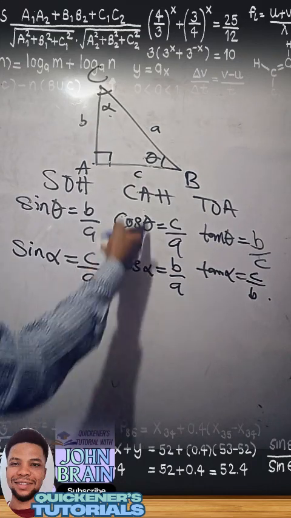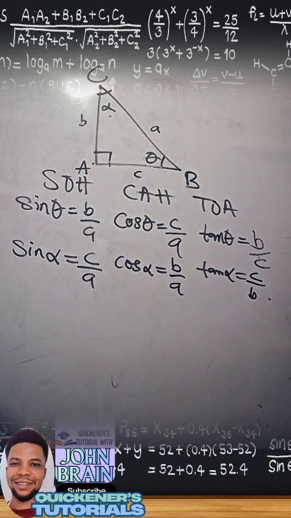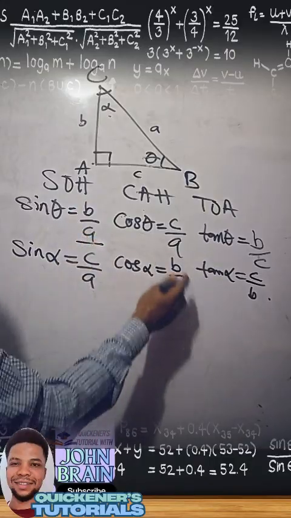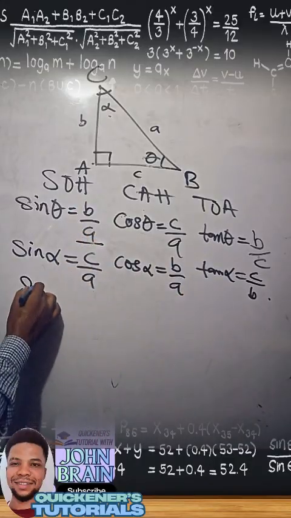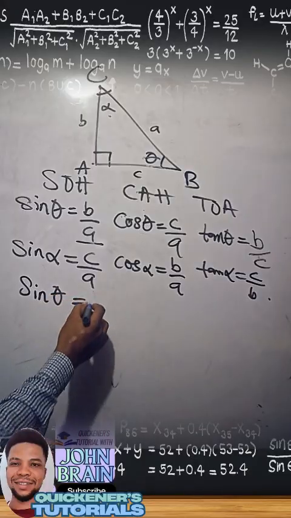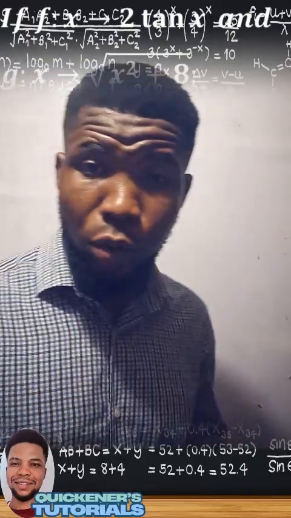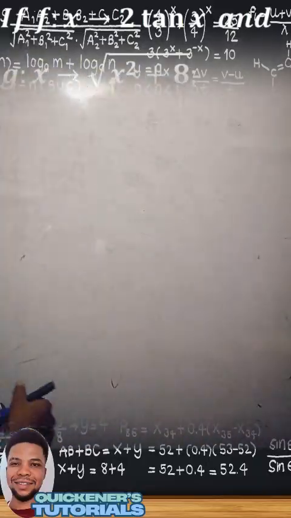We understand from this whole theorem that b over a here is also b over a here. So therefore sin theta is equal to cos alpha. We learn trigonometric ratio. Are you with me? So now we have